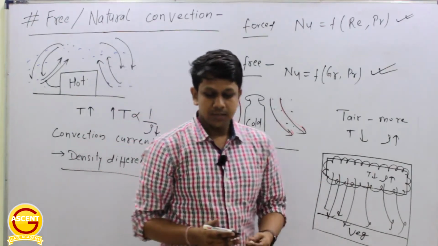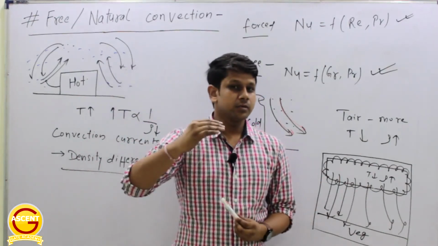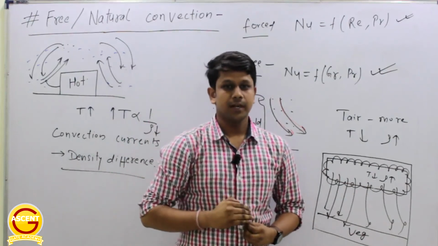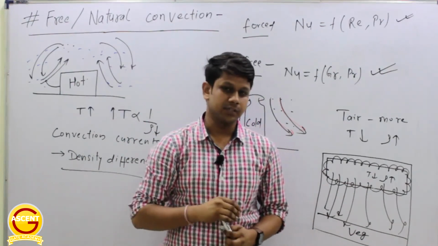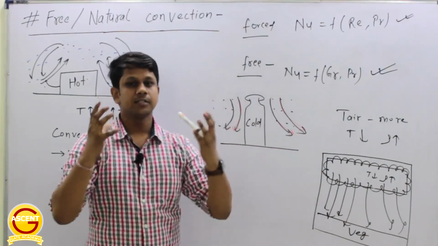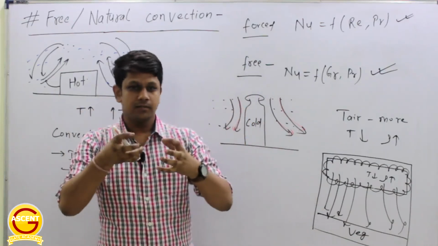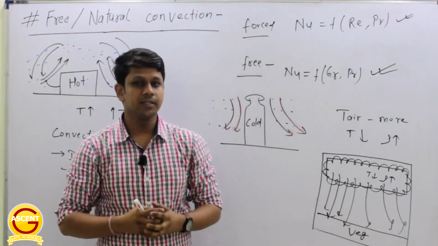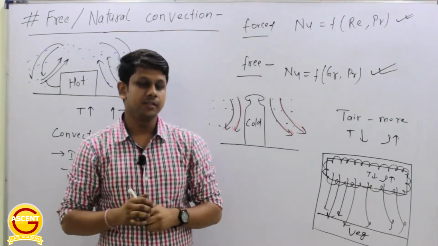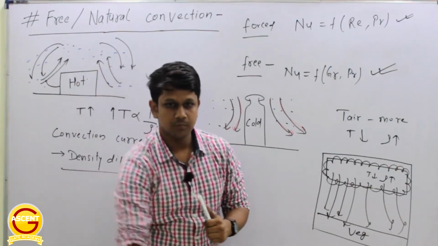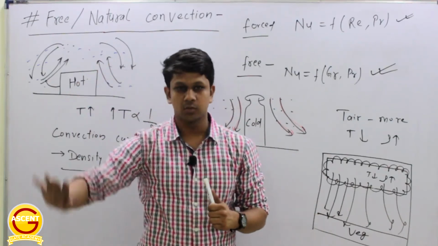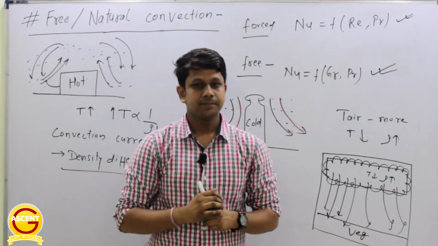Similarly, whenever you see split ACs, they are also installed at a height, right? This is also because of free convection. The air particles in the close vicinity of that split AC will lose heat, their temperature will decrease and their density will increase, so they will float to the bottom of the room and cool the room throughout, right?